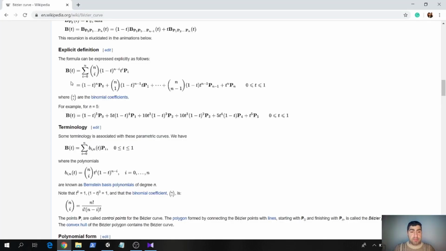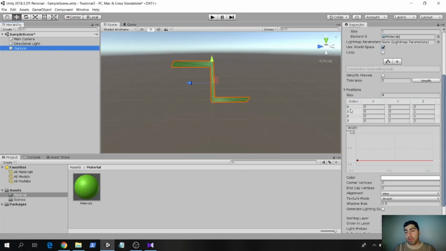So if in the Bezier curve we consider a different number of t, at the end we will have a position in 3D for each t, and in Unity we can